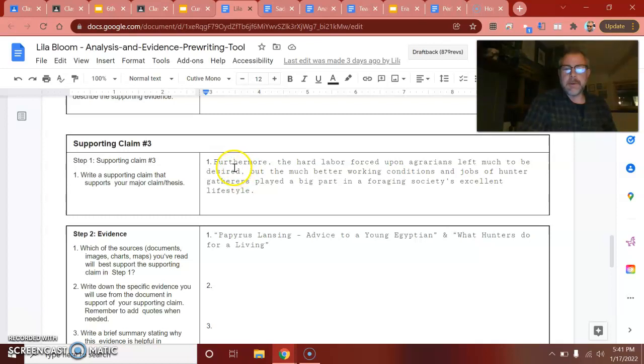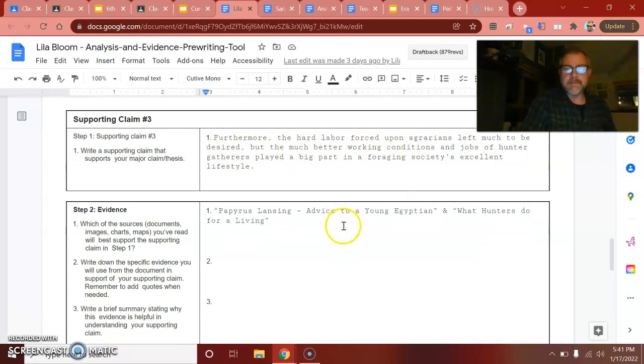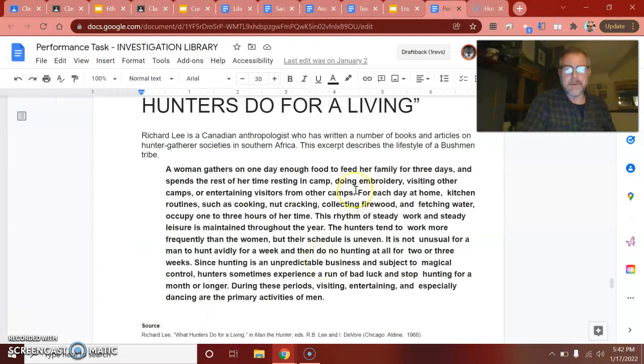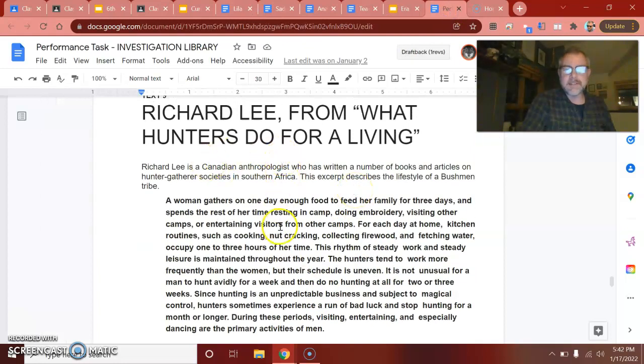And then for the last one, the one about working conditions, the real slam dunk is the advice to a young Egyptian, the list of terrible jobs, but also what hunters do for a living. That article also really doesn't just talk about leisure